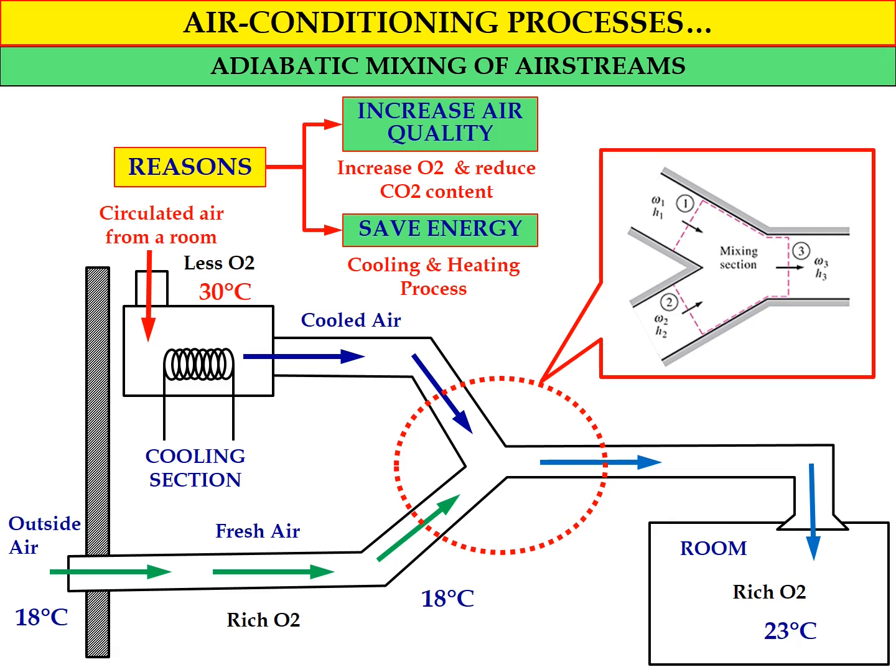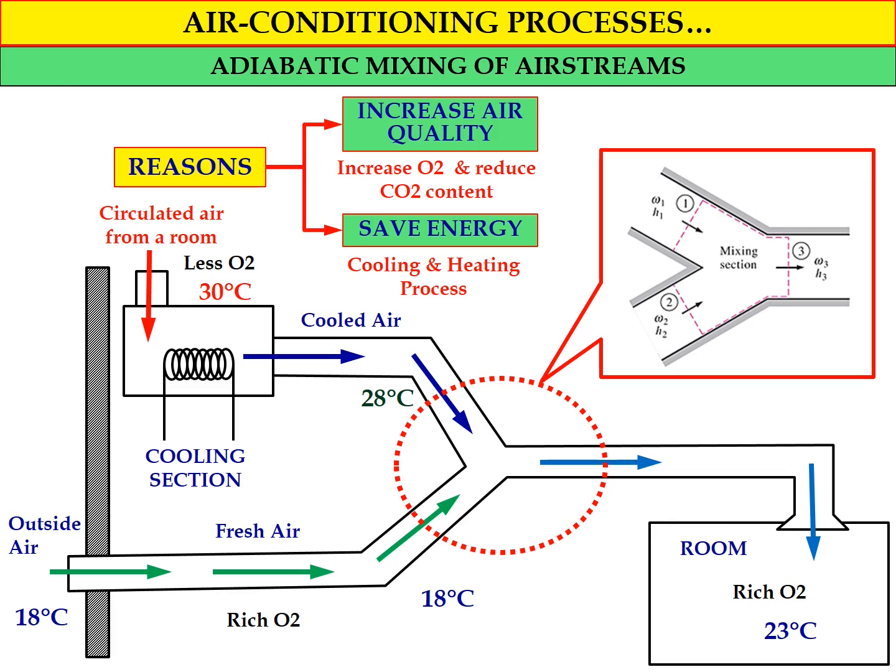Okay, so now this cold fresh air at 18 degrees Celsius will enter the mixing section. In order to obtain 23 degrees Celsius, the temperature of the room, the air coming out of the cooling section is around 28 degrees Celsius. If we mix the cold air at 28 degrees Celsius with the fresh air at 18 degrees Celsius,